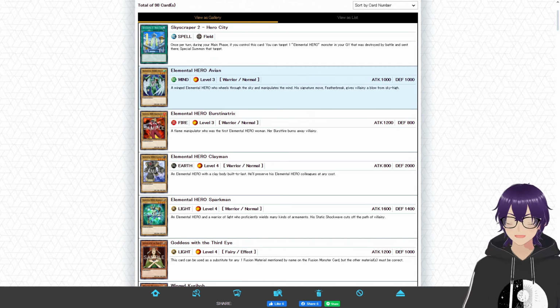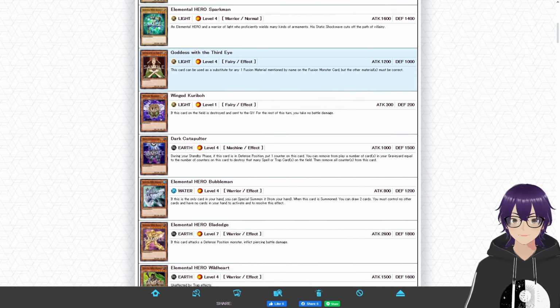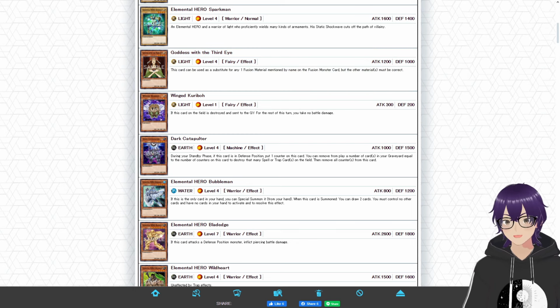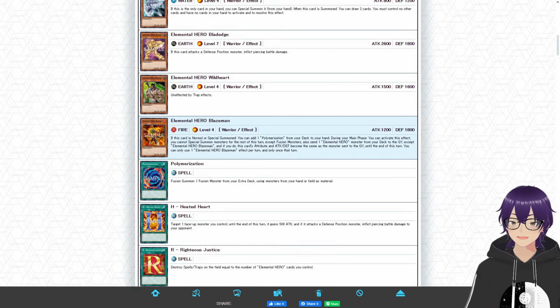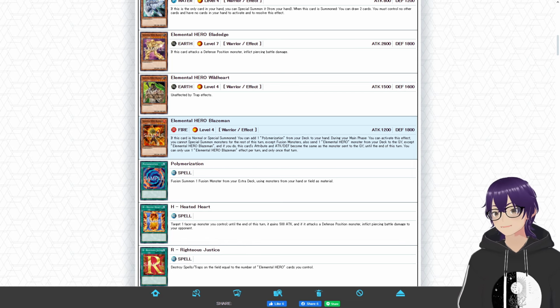But as far as the monsters go, there isn't that big of a change. We still have the same roster of monsters, the Avian, Percentage, Exclaimant, etc. Actually, it's kind of egregious just how many reprints we have from the last one. The new additions, however, are cards like Dark Catapult, which I don't really care for, it's mid. However, the card that matters here the most is Elemental Hero Blazeman,